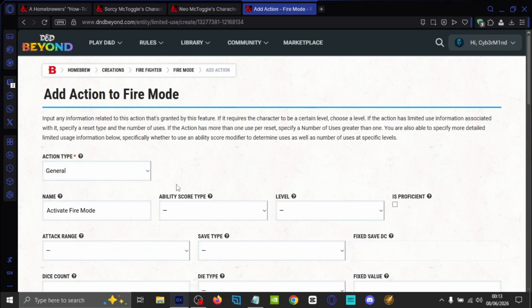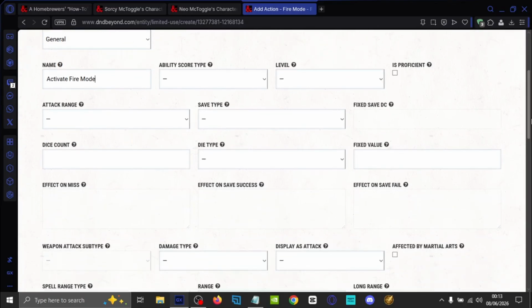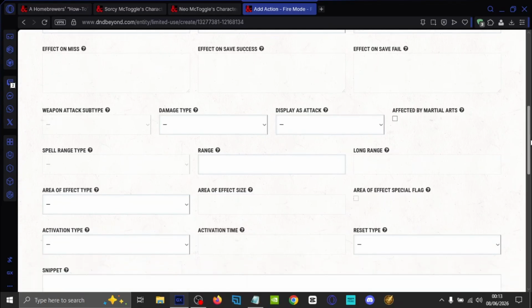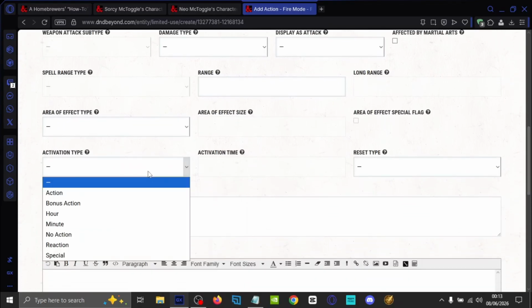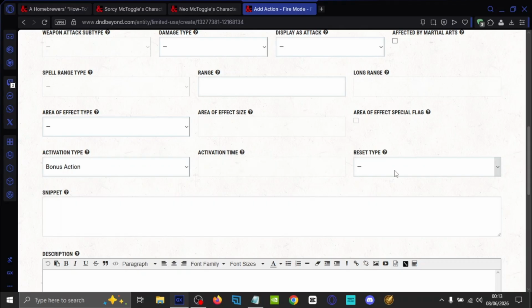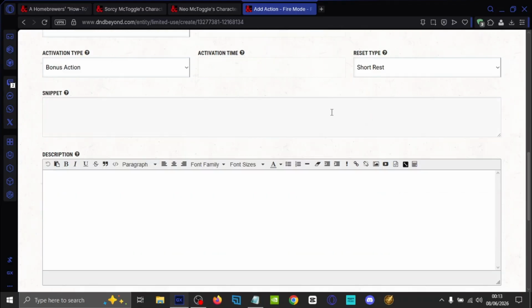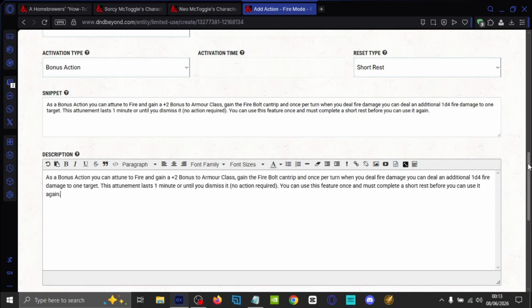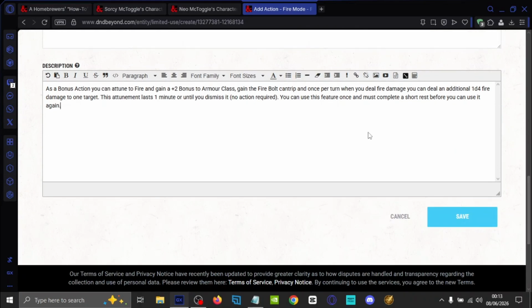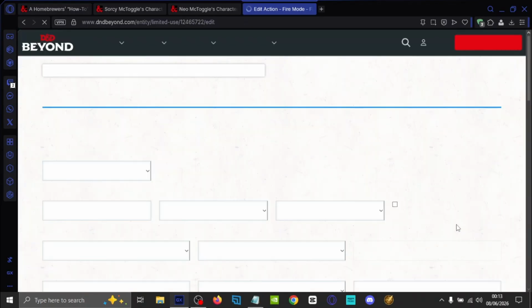Fire mode. This is so you can have a limited amount of uses. So, no fixed features. Won't be doing any of that. Range doesn't matter. Activation type will say bonus action. Yeah, short rest. And we're just going to paste that stuff here. I can't be bothered. Obviously, you need to adjust it to your preference, but I'm just being lazy for the sake